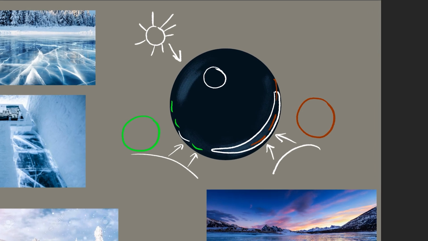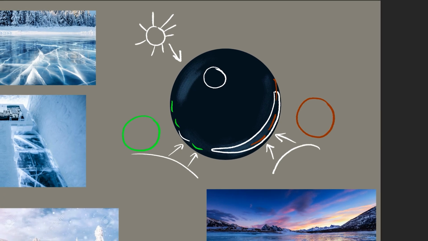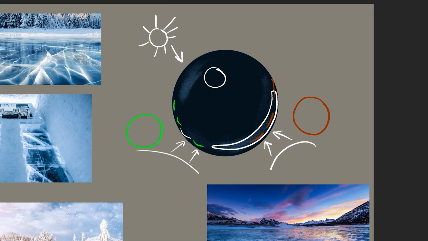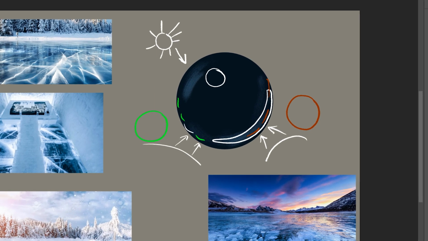For example, if objects of different colors are placed around an ice sphere, you'll see hints of these colors subtly reflected on the ice surface. Capturing this detail is key to make your ice feel like it belongs in its environment and has a real